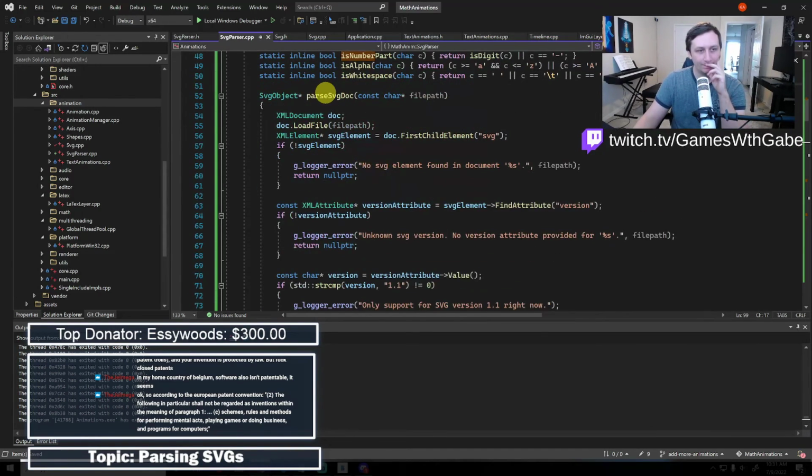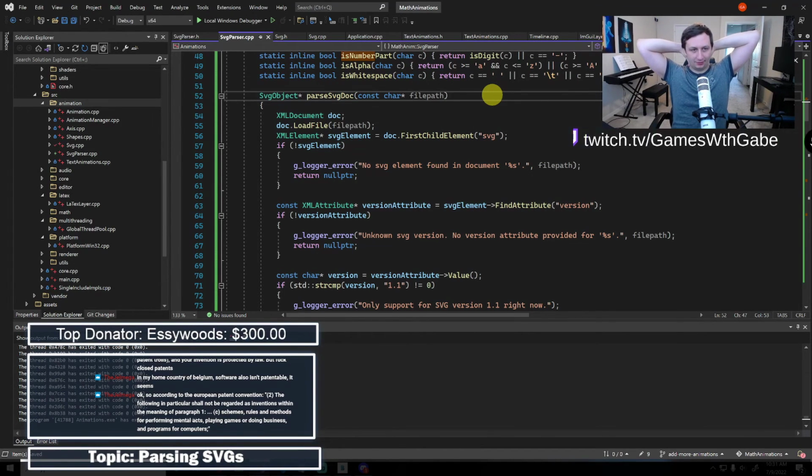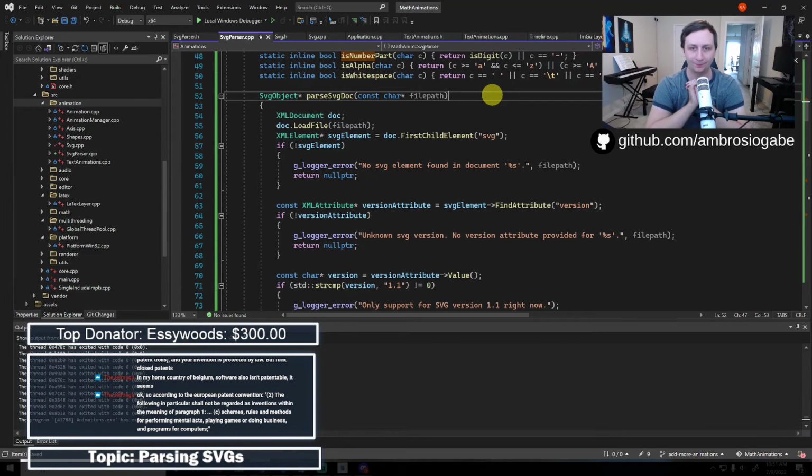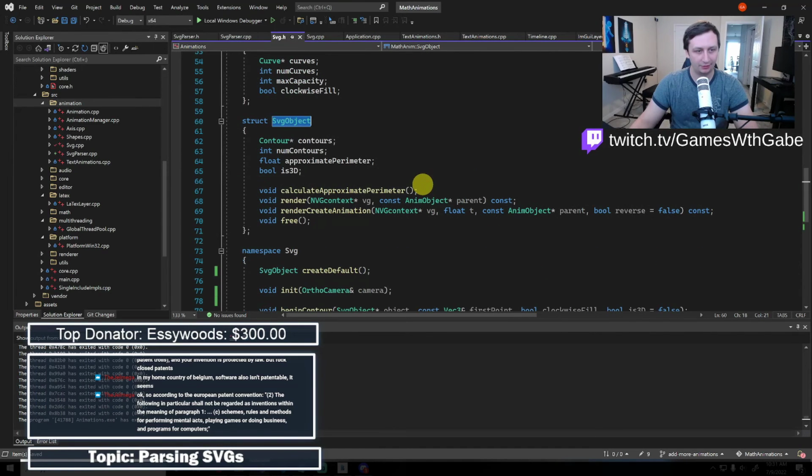Ooh, okay. So I guess this SVG object could technically have subpaths, which is fine, but this could have a group of multiple SVG objects, which is kind of problematic. This will have to change.